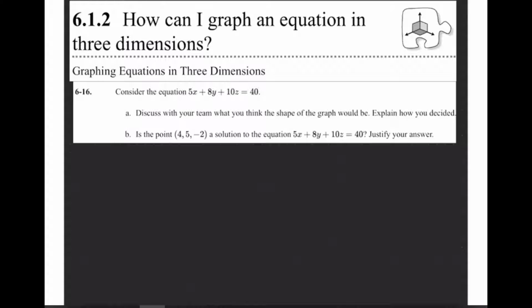Yesterday we were talking about how, instead of an ordered pair, we have three of them. So it's a triple. An ordered triple is what we call it, because there are three instead of two. We talked about what each one of those represents. My 4 represents the x. What does my 5 represent? Y. Good job. And that -2 represents